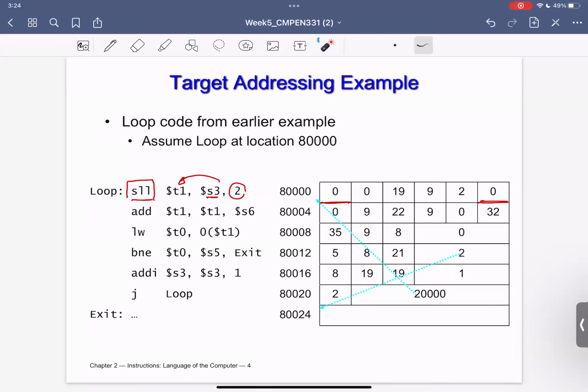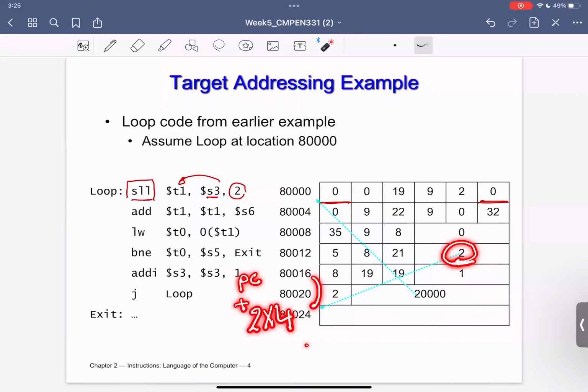So the answer basically is that 2 is correct. And why is 2 correct? Because what we would like to go to is this address, which is that address. And 2 means that it is 2 words after the next address. Or in another sense, I am adding the program counter address plus the shift. And the shift is 2 words. 2 words means 8 bytes, 2 multiplied by 4.